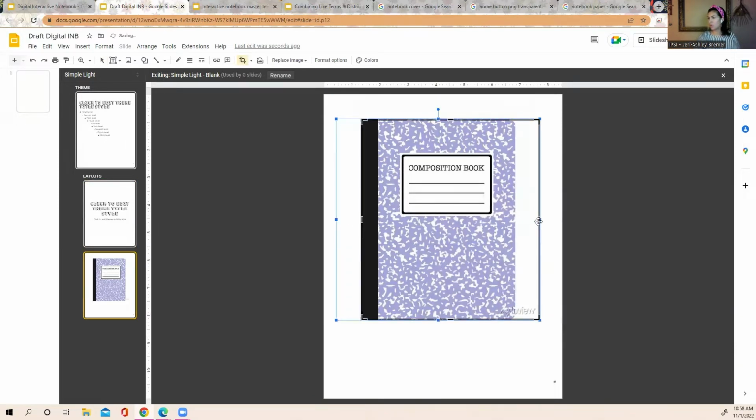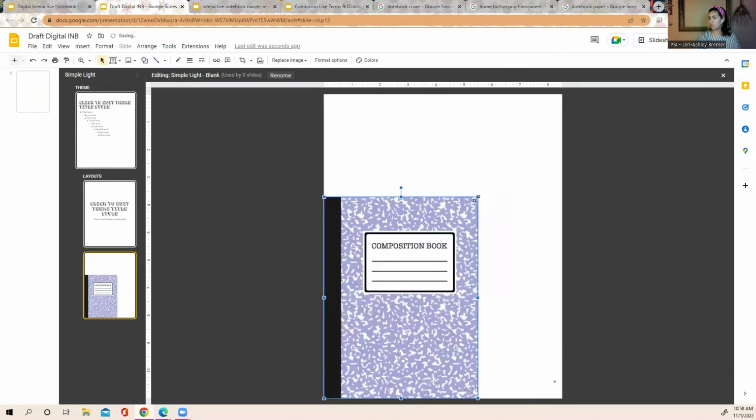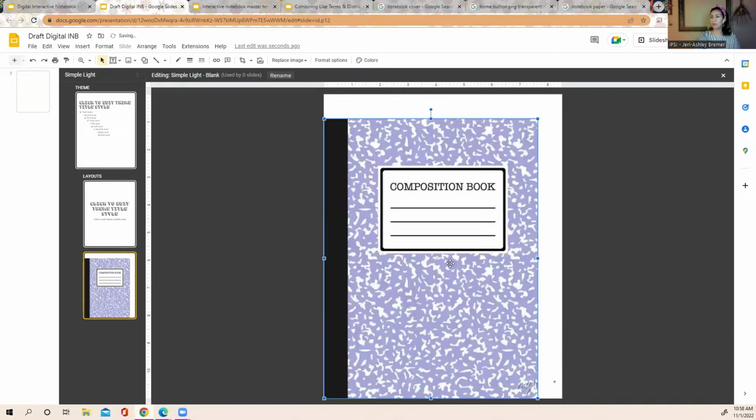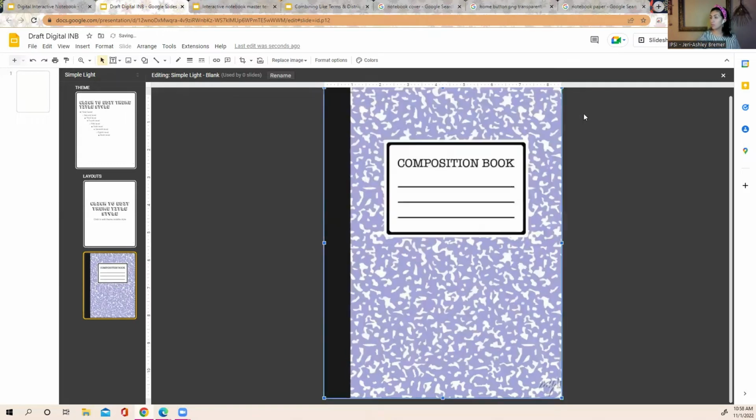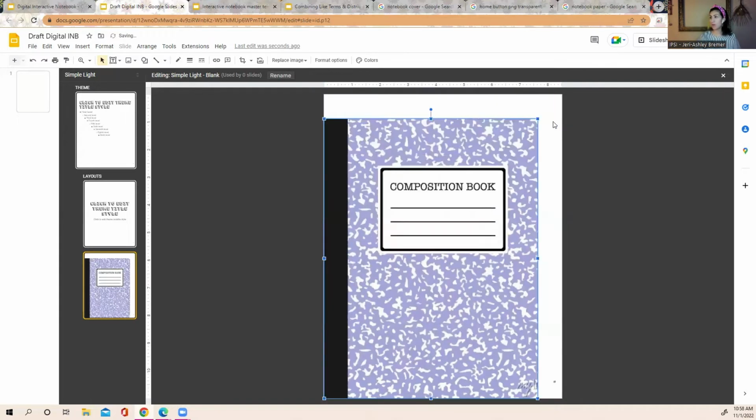And you can create your own notebook cover. You can use a composition one. You can do whatever your heart desires. You can even create several different templates if you want students to be able to choose what they want. Now, from here, I've seen people do several different things. Some people prefer a table of contents, in which case you can just make this composition notebook the full page. However, some people prefer tabs, and you can put the tabs on the side or the top. I'm actually going to put my tabs on the top,